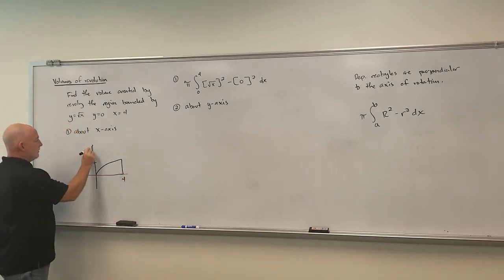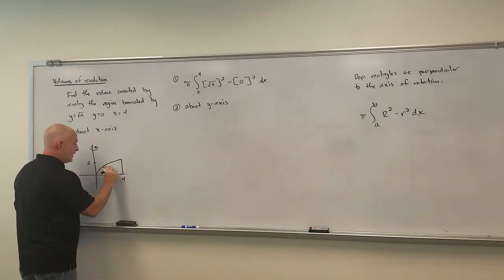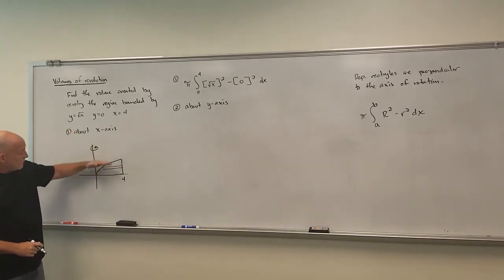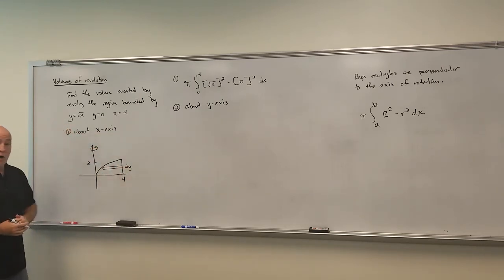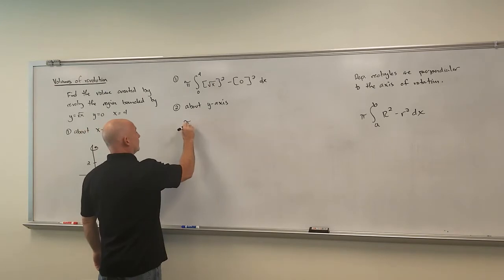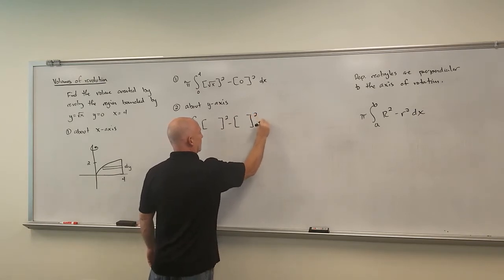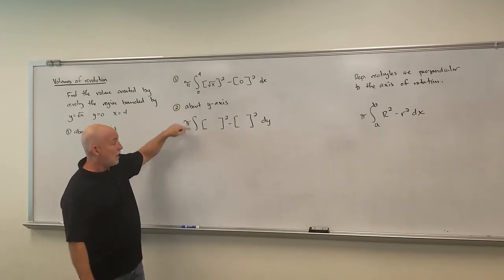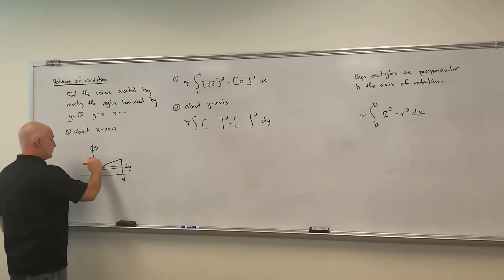All right, this time I'm going around the y-axis, which means my representative rectangles now go in this direction here. Since it's going in this direction, you kind of think about we're piling up an infinite number of rectangles this way, which means it gets squeezed in the dy direction. Now we can already set up the outline for our whole problem. This is going to be pi times the integral, big R squared minus little r squared dy. So the dy tells us these have to be stuff with y's in it, and this has to be what y runs from. Okay, so from this picture, big R is the distance from the axis of rotation